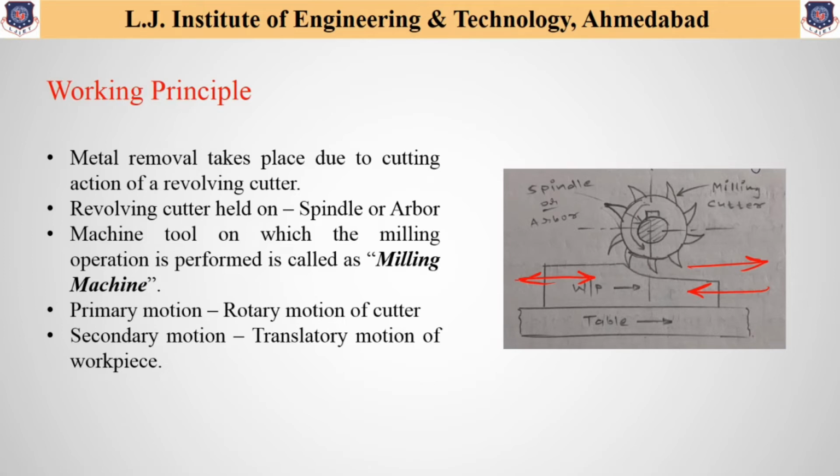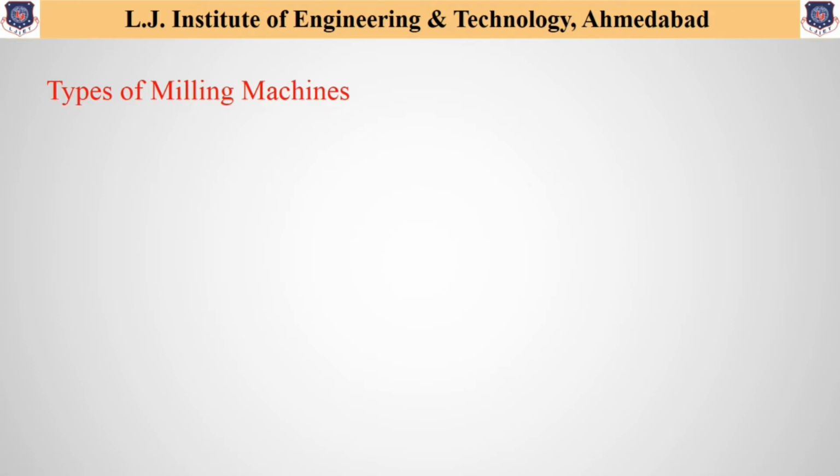Now let's have a look at different types of milling machines available, and we will take the list of these different types of milling machine. So first milling machine that is commonly used, it is called as the column and knee type milling machine. And from this word we can say that in this machinery one vertical column is available, and similarly in between that machine a joint knee will also be available. So how this machine is structured, that we will discuss in our further lectures. This column and knee type milling machine is further classified